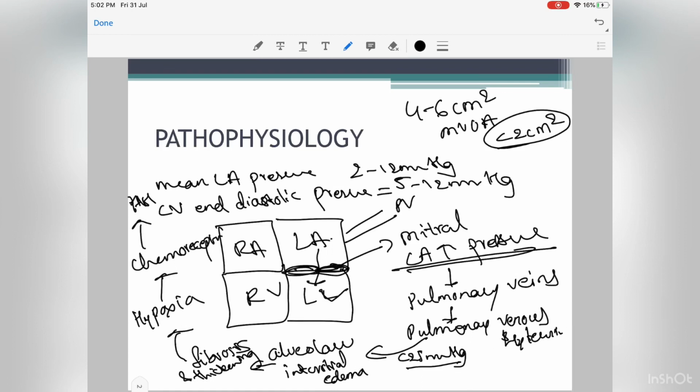Now if the pressure in the LA rises suddenly above 25 millimeters of Hg, this results in acute pulmonary edema without left ventricular failure. So any condition which increases LA pressure. So LA pressure can be increased when the diastole is shortened, such as in tachycardia or in exercise. So whenever there is tachycardia maybe due to exercise or anemia or fever, what it does is that the diastole is shortened more as compared to the systole. Systole is generally not shortened, but the diastole is shortened.